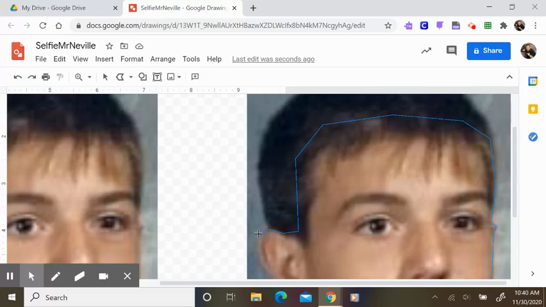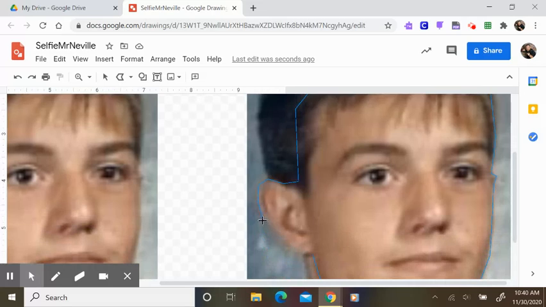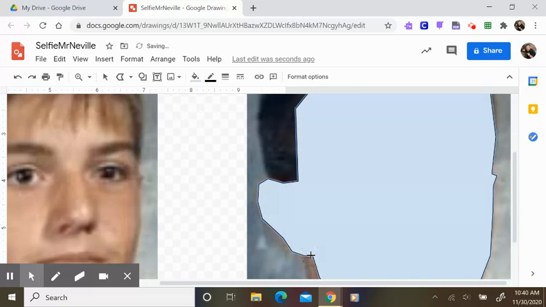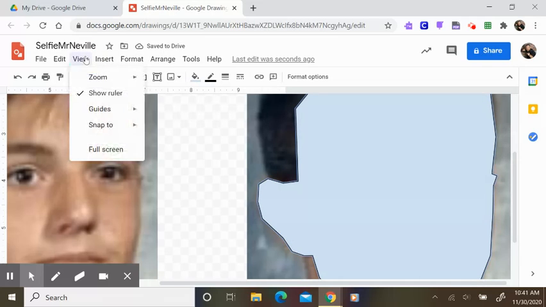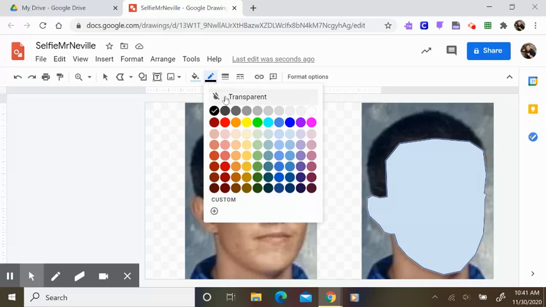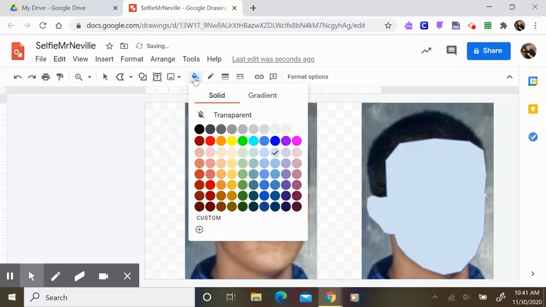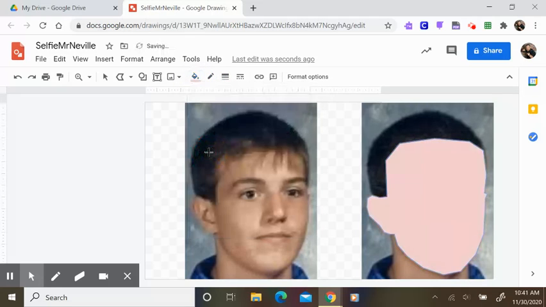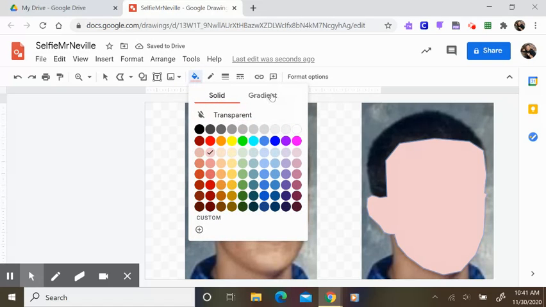So after I finish this, I'm going to find the skin color, and I'm going to show you guys an interesting way that you can do this with values, or lightness and darkness. So now I want to see the whole thing. I'm going to go View, Zoom, and I'm going to fit it. I'm going to change my border color to transparent. And I can make this just a skin tone color like this, or I can go over and click on